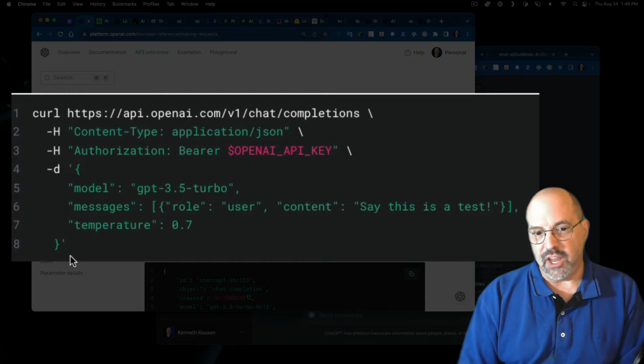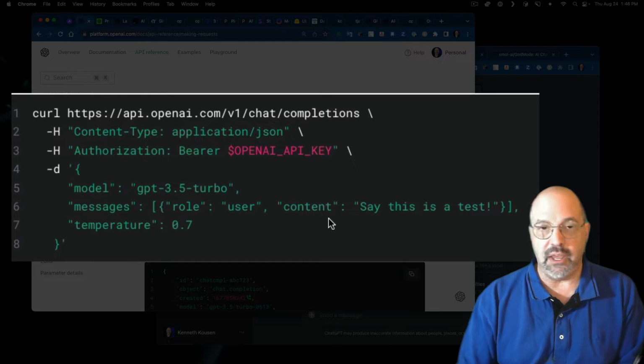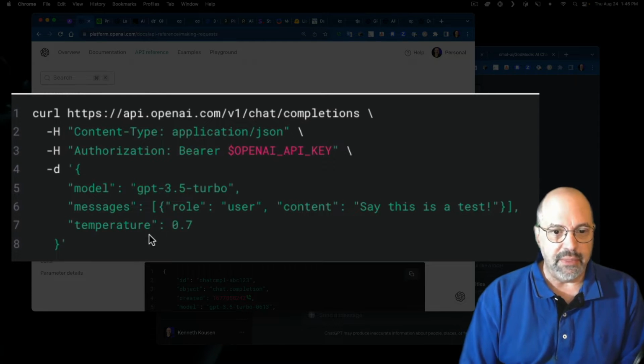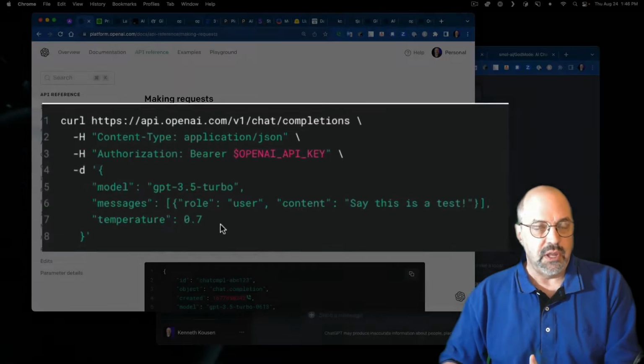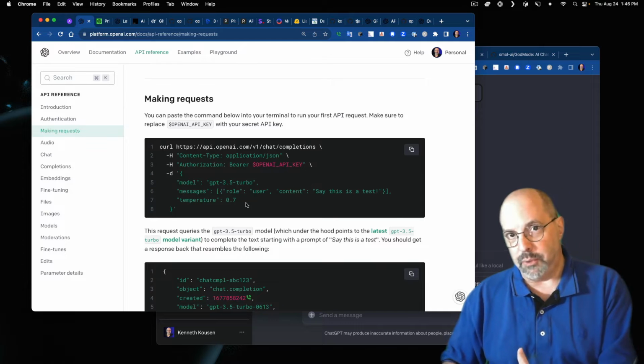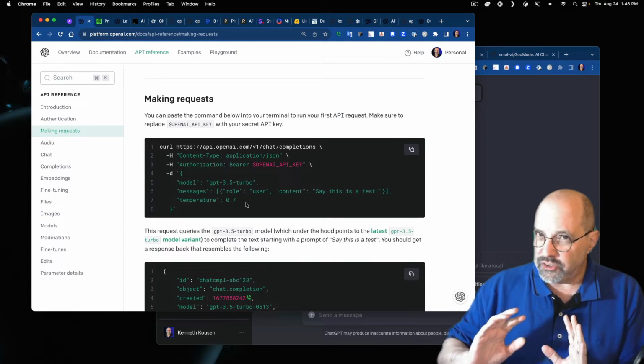We have to pass a JSON object that has a model, which says which model we're using, messages, which looks like some kind of array of role and content combinations, and then temperature as well. Temperature is a measure of the randomness that is used by the engine when coming up with a solution. Well, just to see that we can